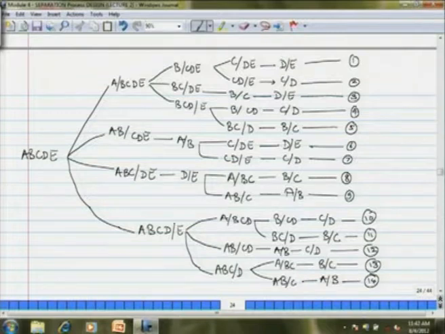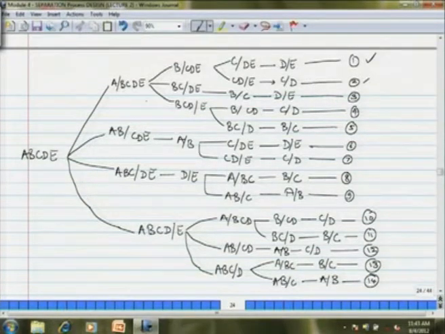Like the first sequence, A is taken off first, B is taken off second, C is taken off third, and then D, E is split. After removal of A and B from the ABCD mixture, we are left with a ternary system CDE, and now CDE can be split in direct and indirect sequence. The first one that we just saw was a direct sequence. There could be an indirect sequence also, like C and D taken off as the top product and E taken off as a bottom product in the third column, and then mixture CD is split individually.